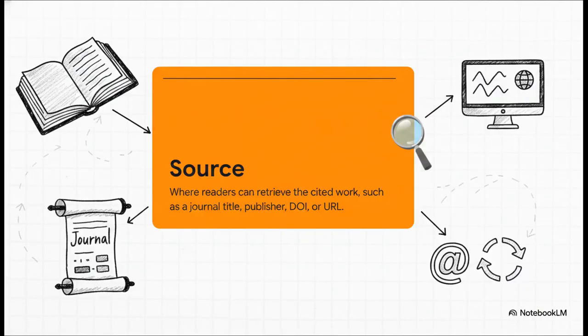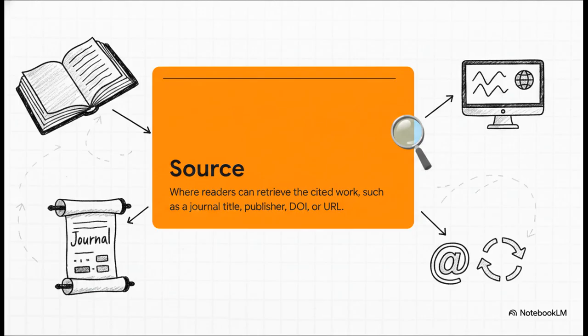Finally, we hit the source, which answers the big question, where can I retrieve it? The source is the destination. For a standalone book, it's the publisher. For a journal article, it's the journal title, volume, and issue. For an online work, it's the website name alongside the DOI or URL. The truly beautiful part here is that whether your source is online or sitting in print, the formatting templates are